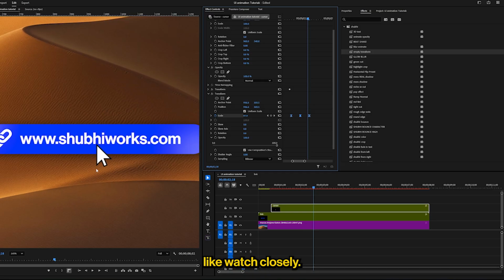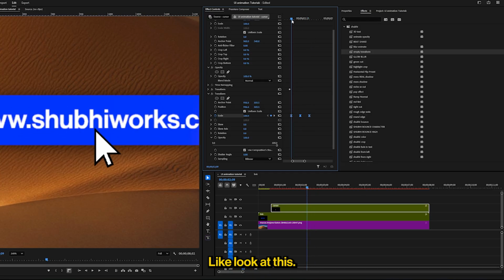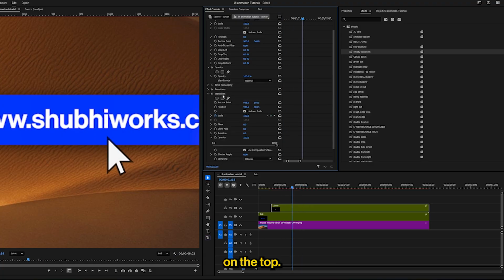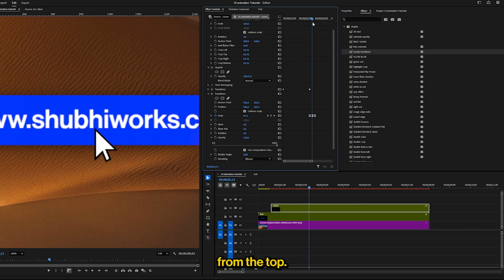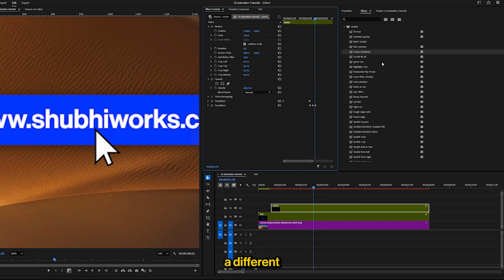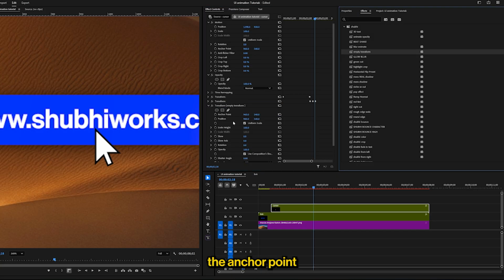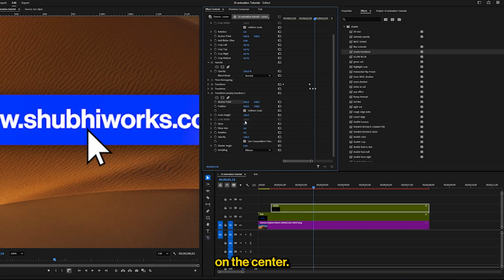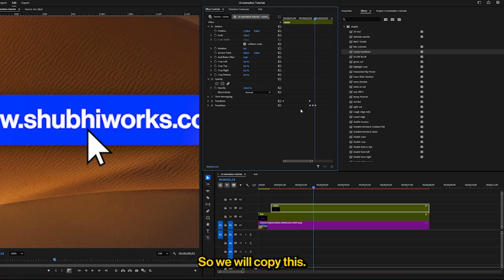Now if you watch closely, look at this, the animation is happening from the top, not from the center, because the anchor point is at the top, right? We adjusted the anchor point to the top, that's why it's happening from the top. Otherwise, if I had used a different transform layer like this, the anchor point would be at the center. See, the anchor point is at the center, that's why it's happening. So we will copy this,